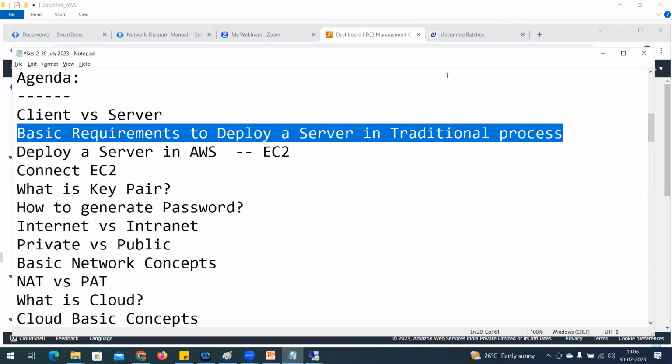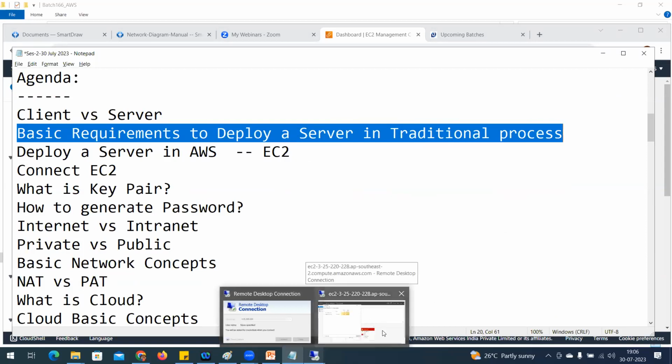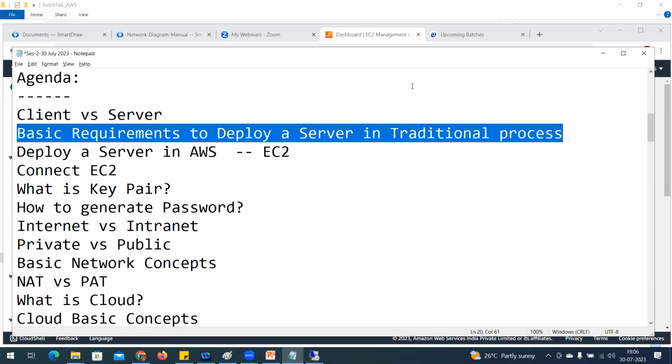I have a question. Yes, please. How about the Windows license for this EC2 instance? Is it part of your EC2 costing itself? Exactly. That is what the cloud is. We are going to discuss the cloud. You need not bother about whatever service you are looking for. Only for that particular service you are paying: hardware cost, licensing cost, and whatever the details. Storage, no need to look for storage, no need to look for anything. You just plug in and then you proceed.